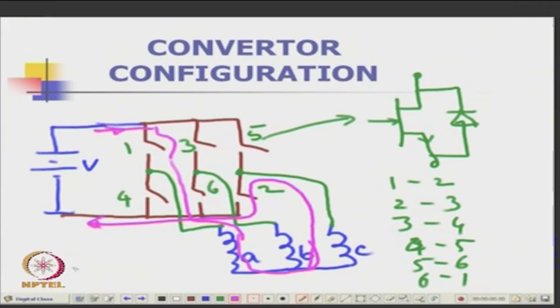So, this is root 2. So, it will be IA will be positive and IC will be negative, is not it? So, the AC if it is 1, 2,